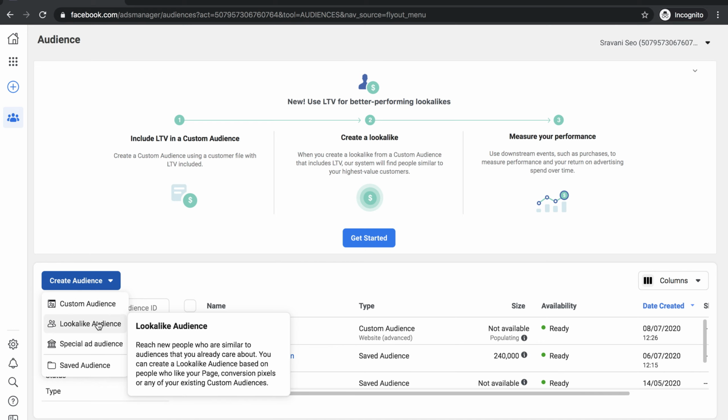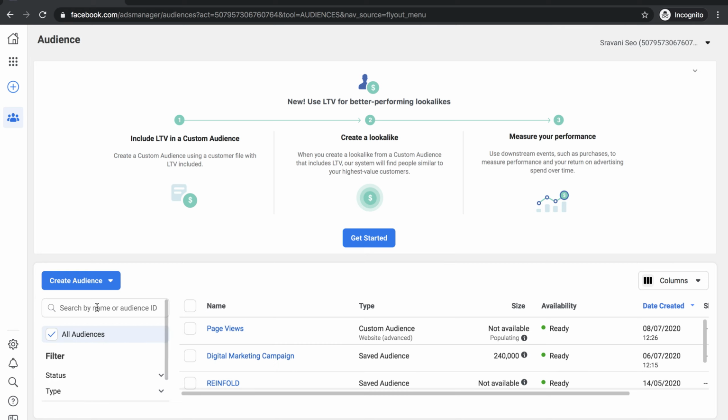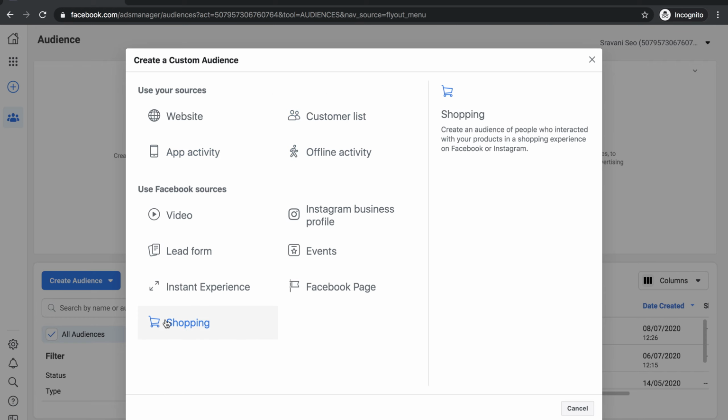Now, I'm going to show you custom audience. Just click on the custom audience. See, multiple sources you are able to see here, right? Website, customer list, app activity, offline activity. Website means once you have installed the Facebook pixel on your website, it will track your user actions and send them back to Facebook.